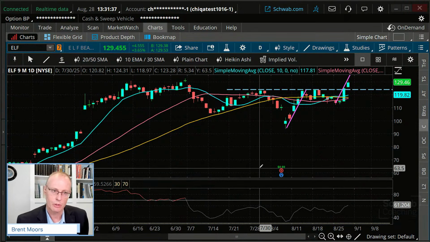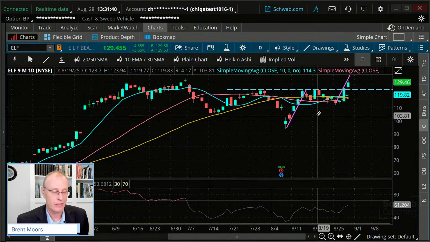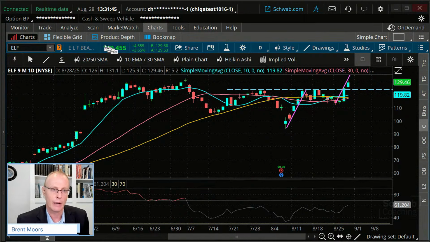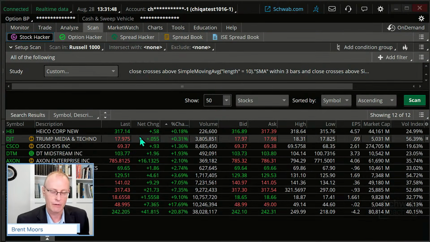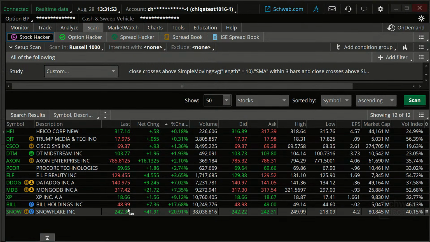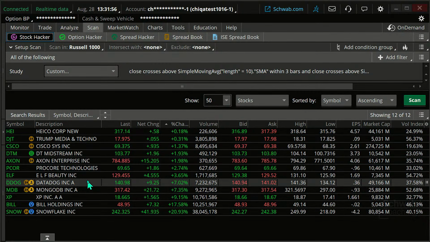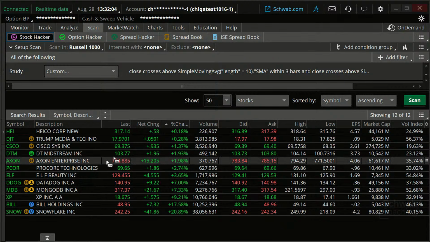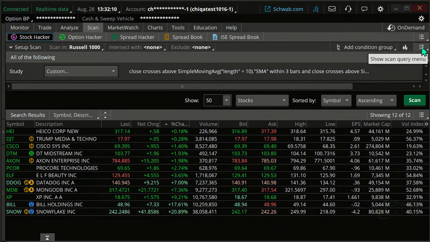Now, let's say we want to do a trade on this. I'll let you scroll through some of these other scan results in your own time and see, maybe you find one you like more. I'm not going to take the time to go through all of these. But one of the nice things is, once you save the scan, here's how you save a scan. I may resave and reshare that scan, just to be clear.